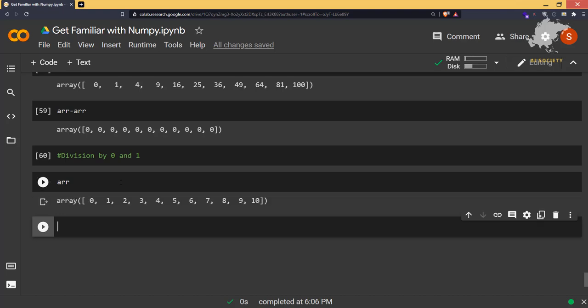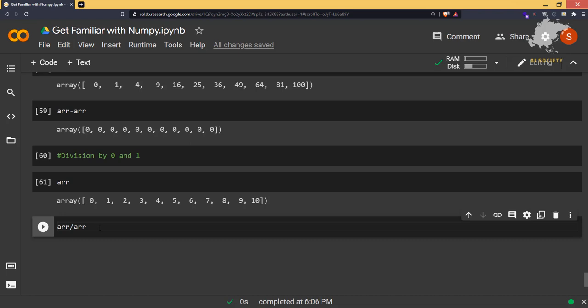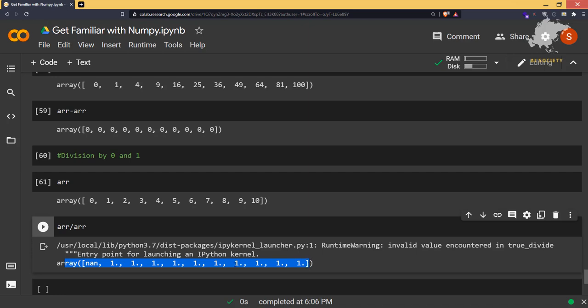So let's say this is our array, and if I say arr divide by arr, okay, so this time it is going to do 0 divided by 0, 1 divided by 1, 2 divided by 2, 3 divided by 3. Okay, and we all know that 0 divided by 0 is not applicable in mathematics. So now you can see it is presenting you an output. It is not presenting you an error. It is just giving you a warning that invalid value encountered in the array. Okay, it has encountered some invalid value, but it is going to give you an output here, and here it is saying NaN, that means not a number.